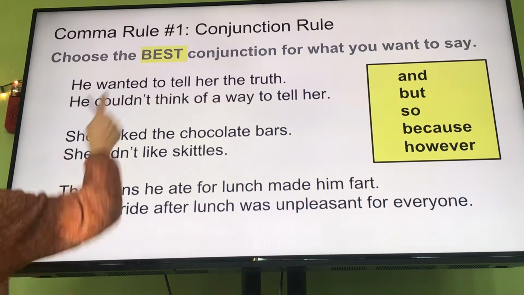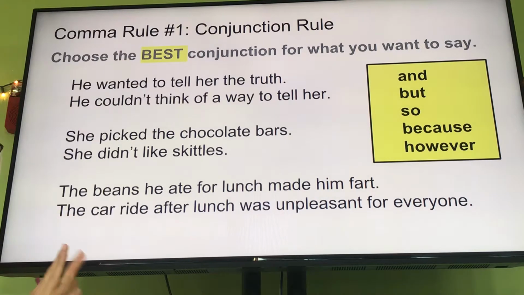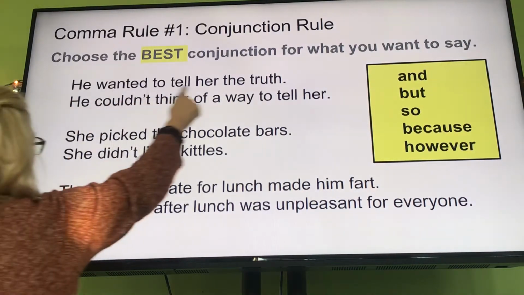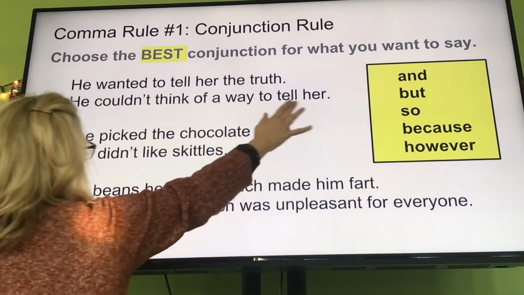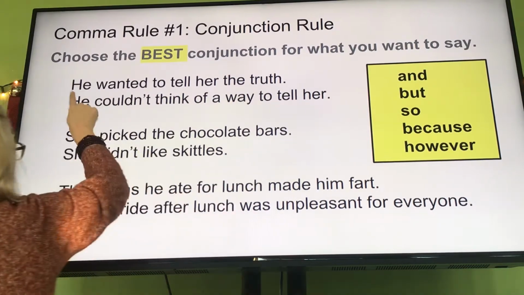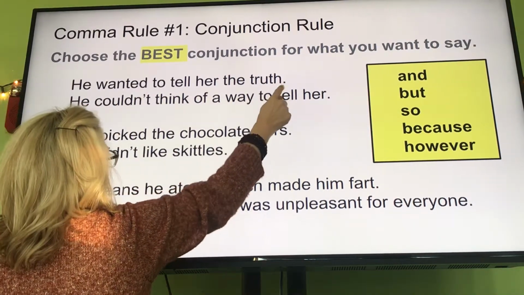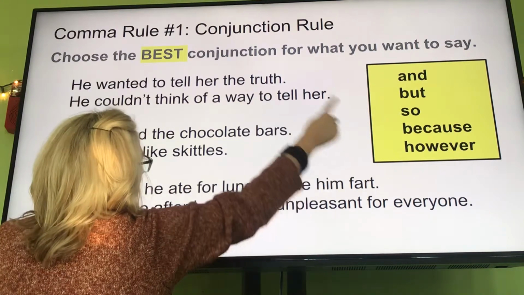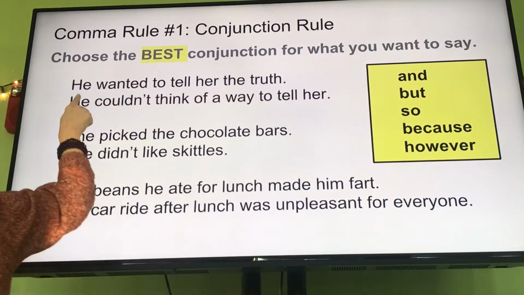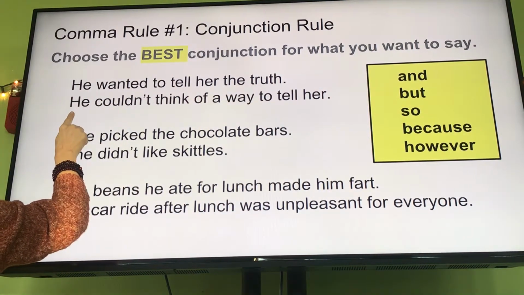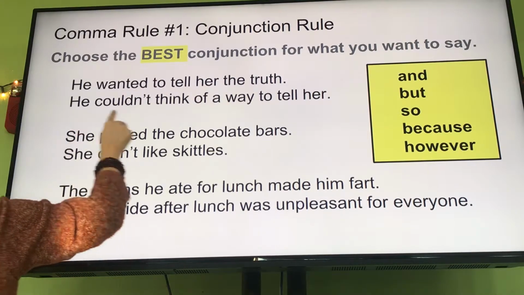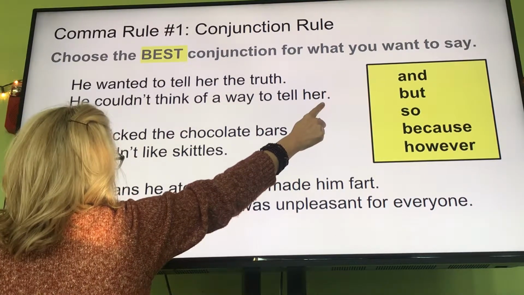We want to use the best conjunction, and fits into a lot of sentences. But and isn't always the best one, and some of them are just downright wrong. So he wanted to tell her the truth, he couldn't think of a way to tell her. So he wanted to tell her the truth, comma, pick the best conjunction, lowercase this h, so because part of the one sentence, he couldn't think of a way to tell her. Okay,